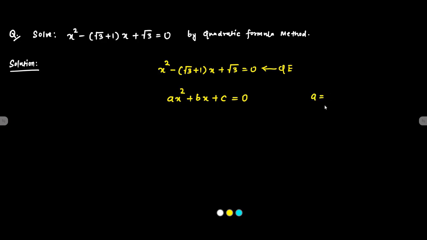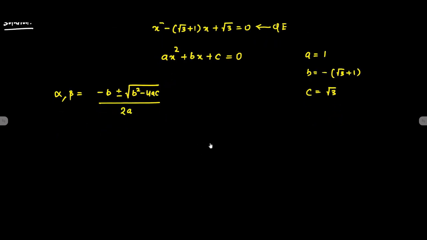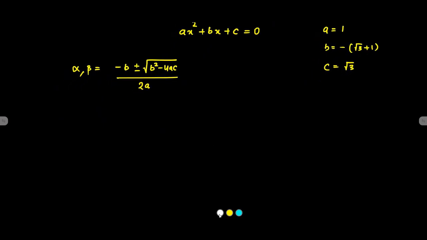So here, by comparing, we get a is equal to 1, b is equal to minus root 3 plus 1, and c is equal to root 3. So as per the quadratic formula, the two roots or solutions of the quadratic equation are given by the formula x equals minus b plus minus root over of b square minus 4ac by 2a. So here, when we substitute the values,